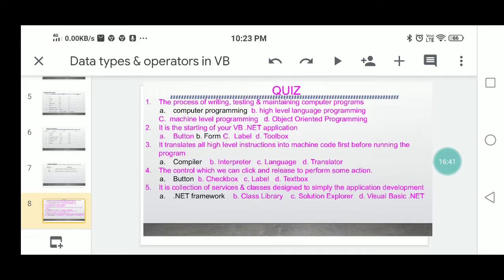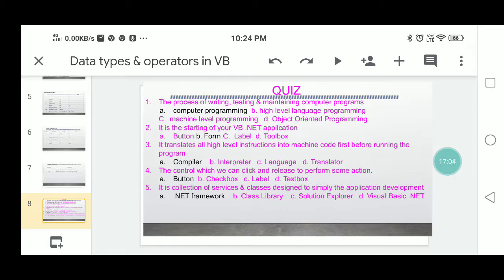Next, what is a collection of services and classes designed to simplify application development? That is the .NET Framework.